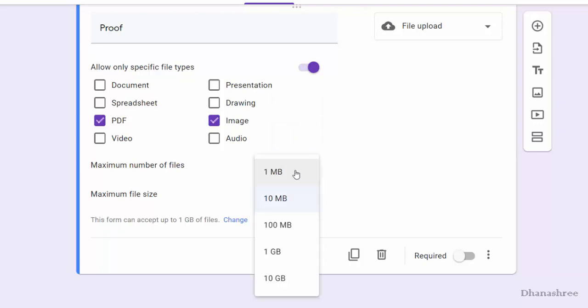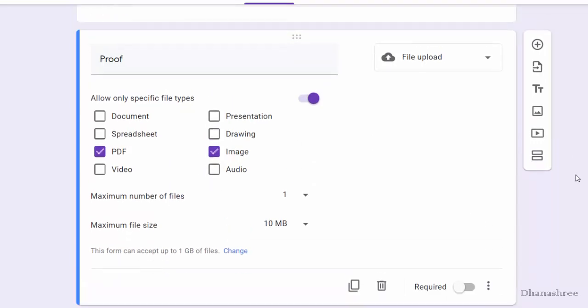Here you have to understand that whatever file is uploaded, it will come to your drive. So if you accept any size of file, then it is going to occupy some space from your drive also. So if you want to limit the file size, you can limit it. For example, I want to limit it to 10 MB. While setting this file size, you have to consider which type of file you are asking from the user. For example, if you are asking for an audio or video file, then 1 MB might be a very small limit.